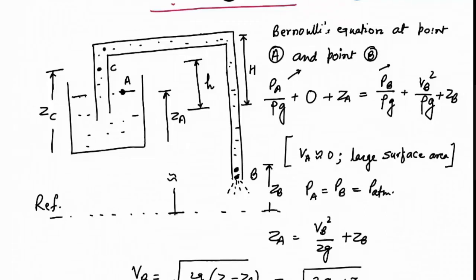Let's call this point D and this point S. So this means from the free surface to the D point, the distance is capital H, or point S, this distance is capital H. So now let us consider point C and we will consider point A. If we apply Bernoulli's equation, then we can write,